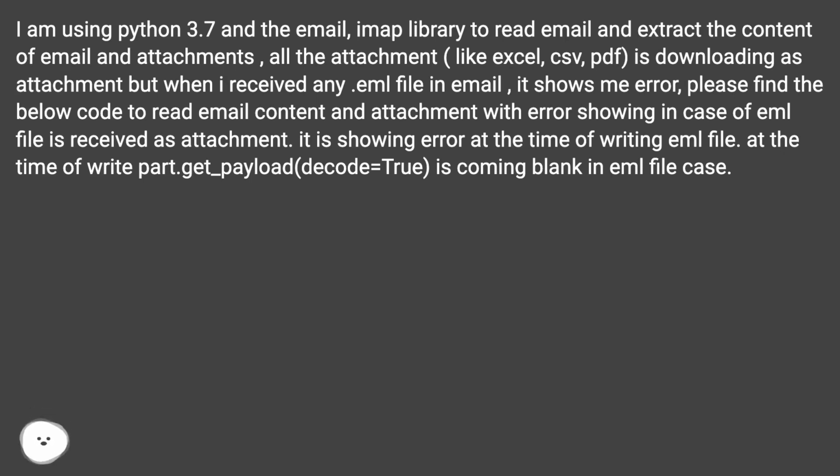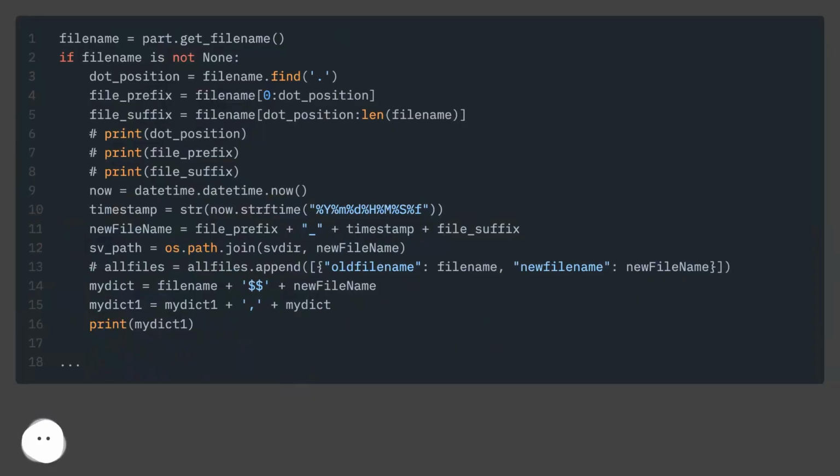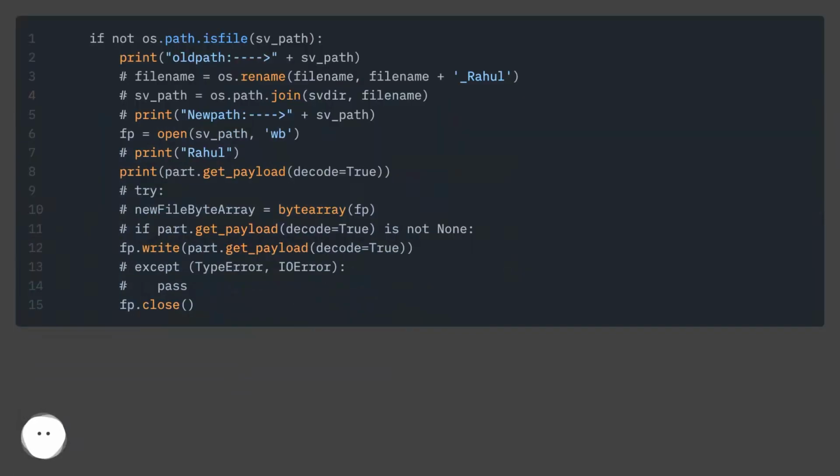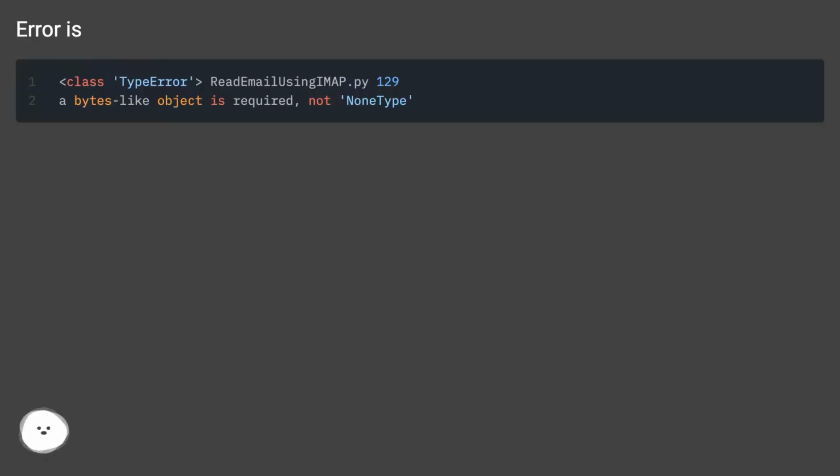email, it shows me an error. Please find below the code to read email content and attachments, with the error showing in case an EML file is received as an attachment. It is showing the error at the time of writing the EML file. At the time of writing, part.get_payload with decode equals True is coming back blank in the EML file case. The error is